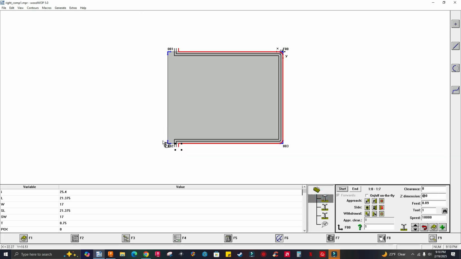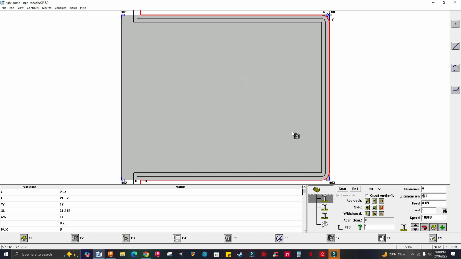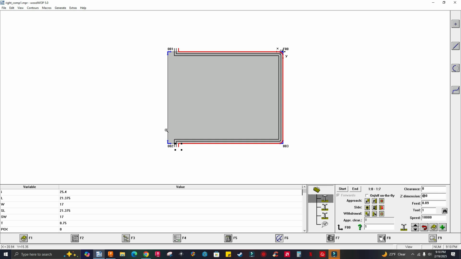Okay, now I've got sharp corners. Okay, look at that, nice and clean. So the